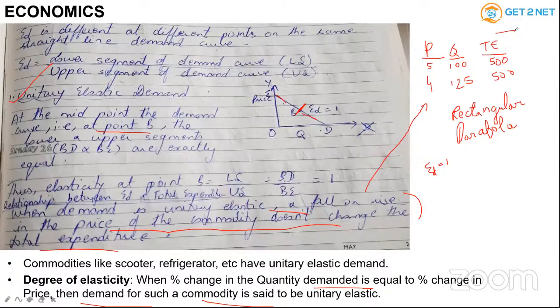This you saw, fall or rise in the price of the commodity does not change the total expenditure. Another one you saw, suppose there is a midpoint on the demand curve, that is a case of unitary elastic. Third is percentage change of quantity demanded. Now what will be the percentage change? 1 by 5 into 100, right? So that comes to how much? 20%. Similarly, this will be